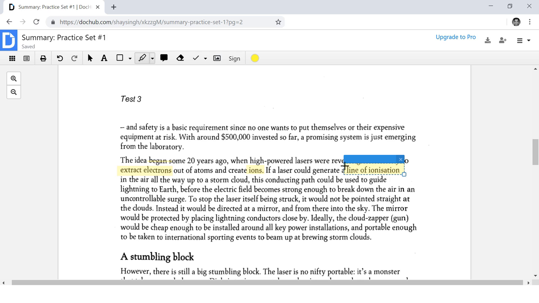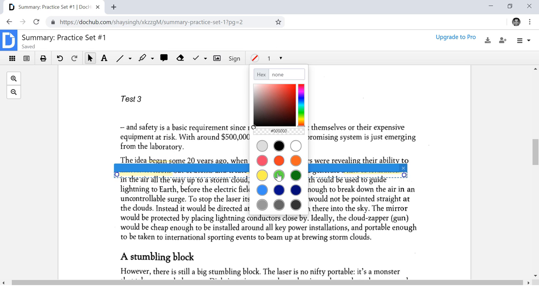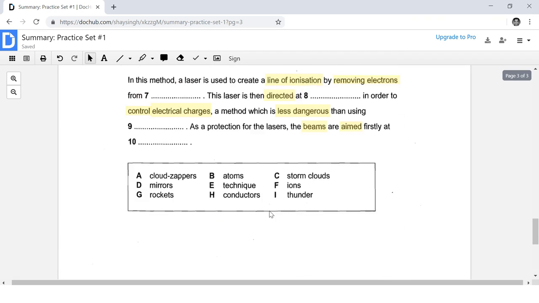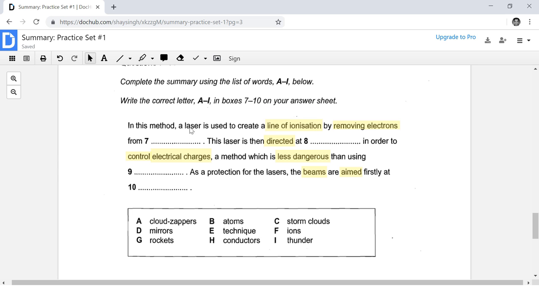So here I found line of ionization, extract electrons. So I'm pretty sure I'm going to find my answer somewhere over here. So that is probably going to be my matching sentence. Probably going to find my answer somewhere around there. So let's go ahead and read this sentence. I'm going to start up here, since that's where it talks about extracting electrons. The idea began some 20 years ago when high-powered lasers were revealing the ability to extract electrons out of atoms and create ions. Okay, so the question asks us, in this method, a laser